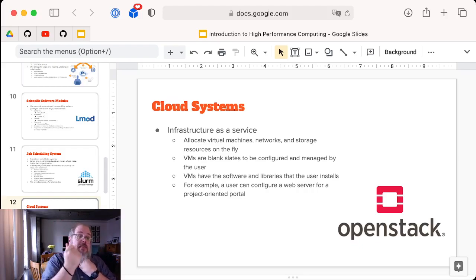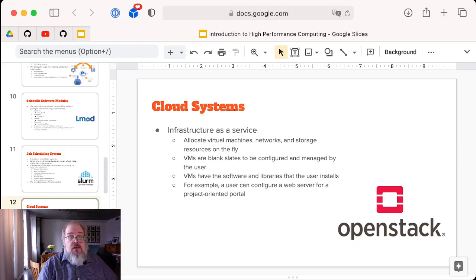You can do this lickety split. Well, by lickety split, I mean this isn't milliseconds. This is seconds and minutes sometimes for these VMs to come up. But certainly faster than you can schedule your job for